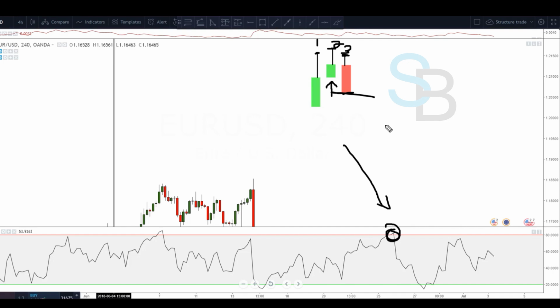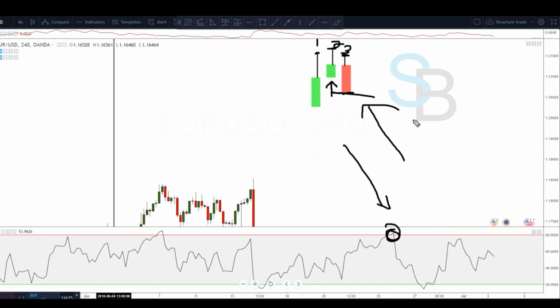We're going to be using the same settings on the RSI, but we're going to be using 2 different entry reasons. Some pairs work better with this entry reason that we just discussed, and other pairs work better with the other entry reason that I'm going to show you as well. I'm also going to give you guys my favorite pair for that entry reason, but let's go ahead and dive